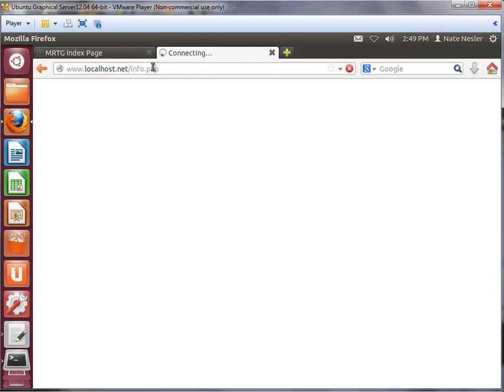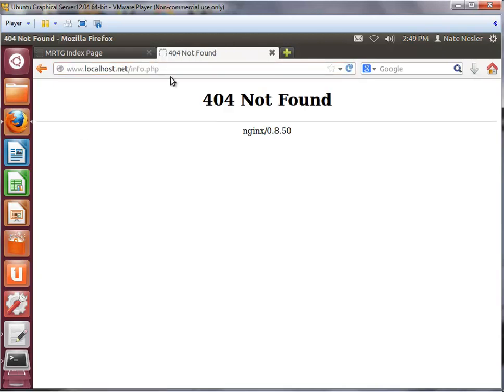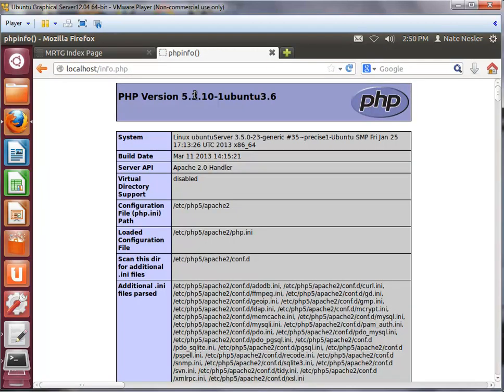I don't recall telling it to go over there. There we go. Don't know why it went to www.localhost.net, but anyway, it's localhost here /info.php, and this starts showing